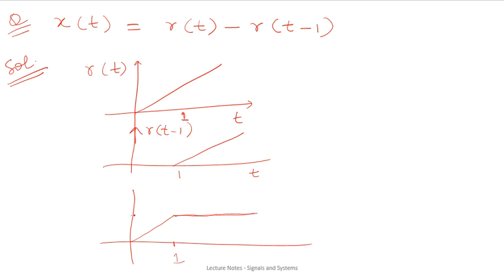Obviously it will be equal to 1, and this signal will be a resultant signal. It will be r(t) minus r(t minus 1), for all the values of time. Now similarly,